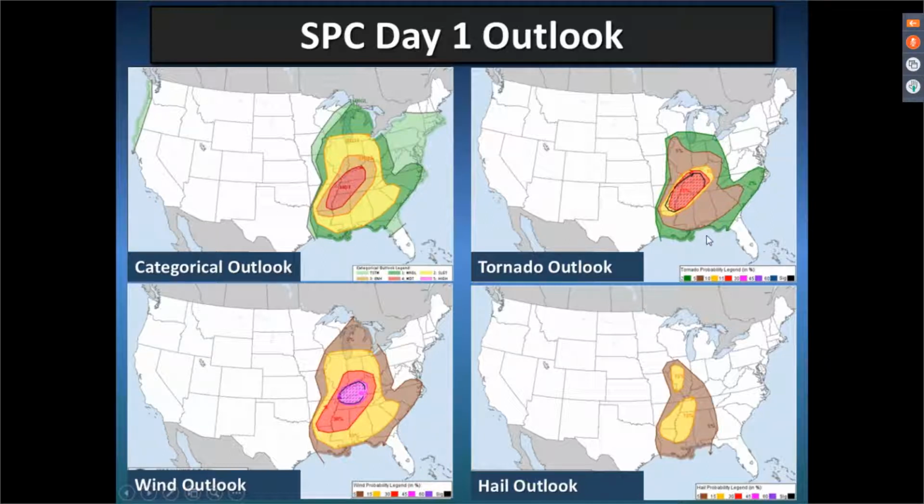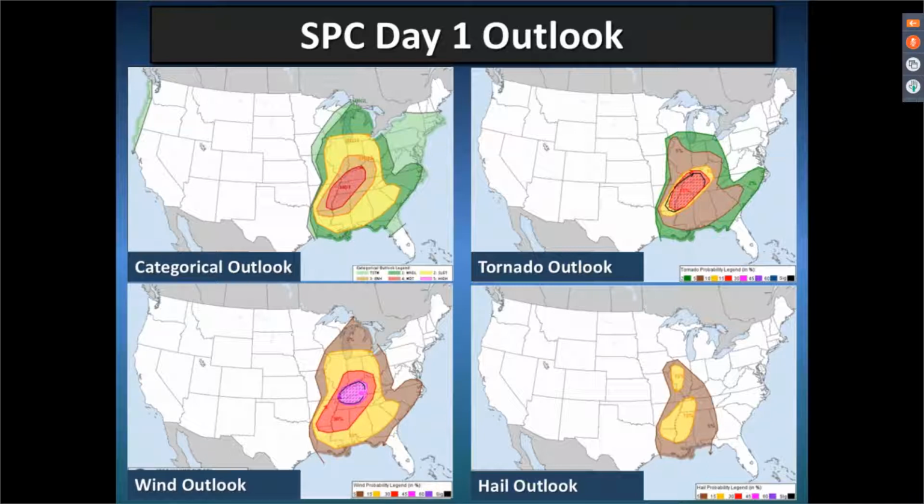And remember I said 2% is low, 5% is more widespread, and 10% would be considered fairly high, and anything over 10% is a pretty widespread threat for tornadoes. So now we've got a 15% threat area. That's a very high threat for tornadoes. So that's very concerning. And then at the bottom left here, the wind outlook is, if you remember back a few slides ago,